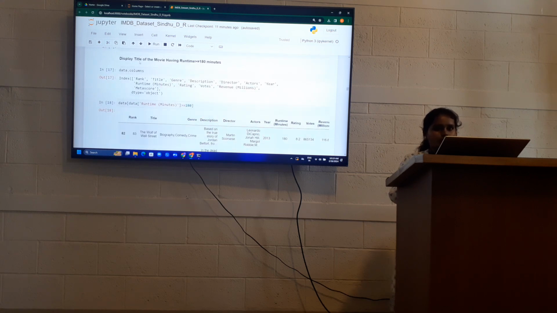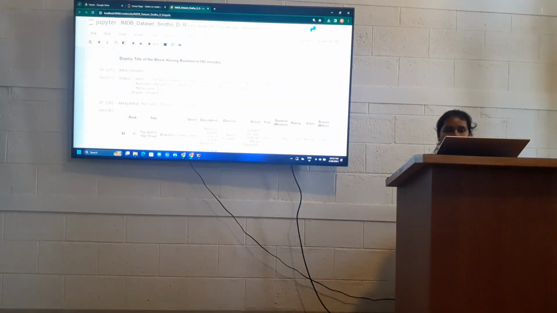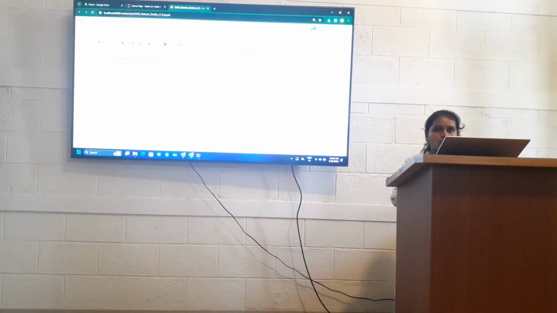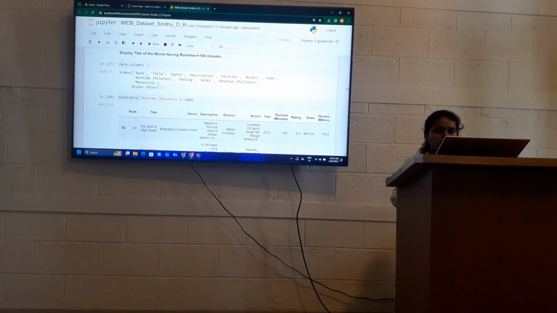Then we are displaying the titles of movies which have a runtime greater than 180 minutes. So first I have displayed the column names because we will get to know which column we should work on.